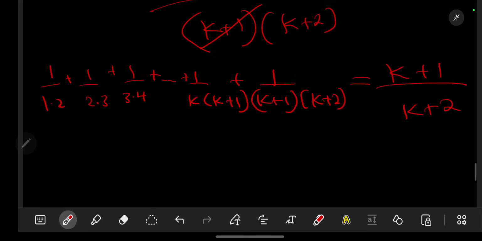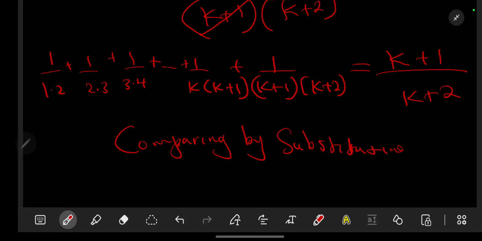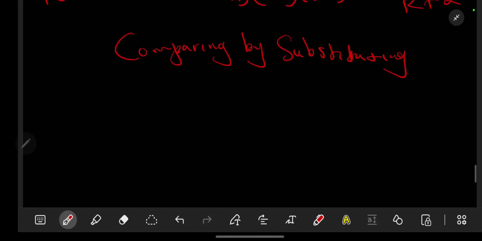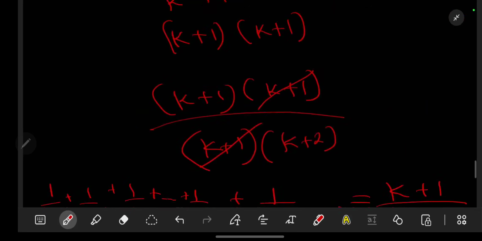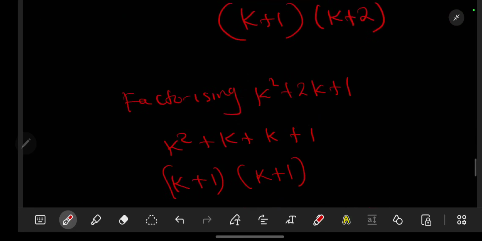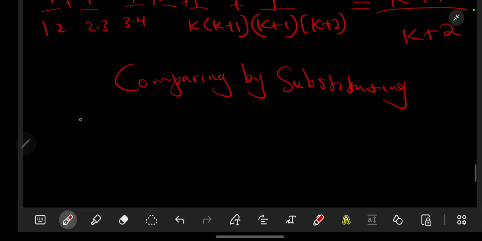So comparing by substituting, if it does not, it means to say it is not correct by mathematical induction, but most of the times it will be correct. So if it is not giving you the same thing, it means to say you might have made a mistake somewhere. So when we do this, we're going to say n is equal to k plus 1,